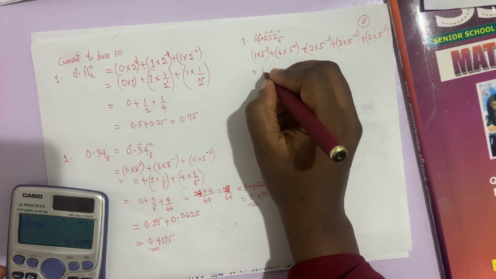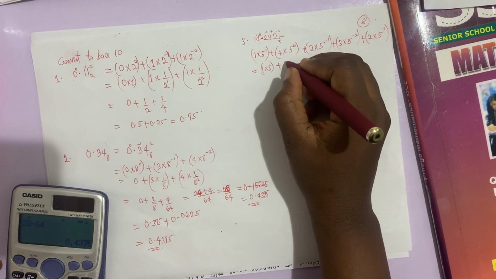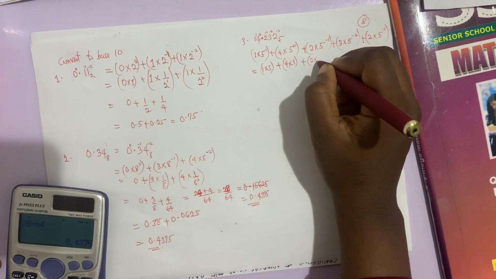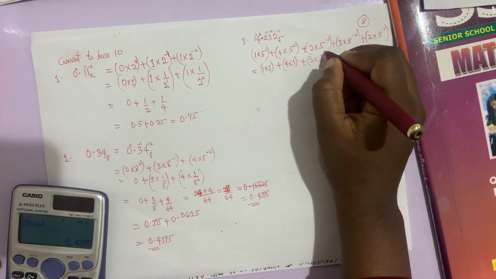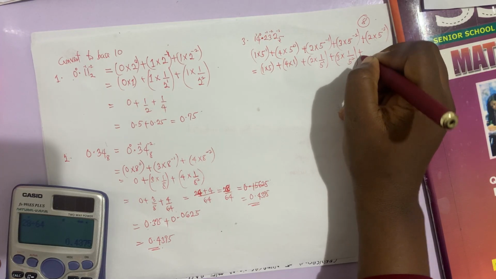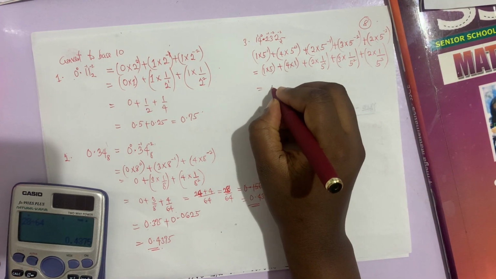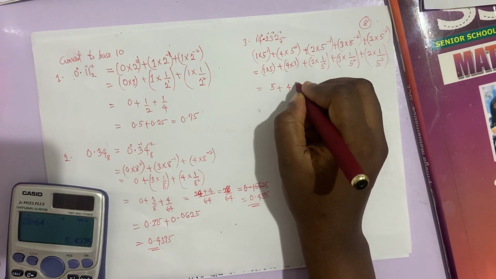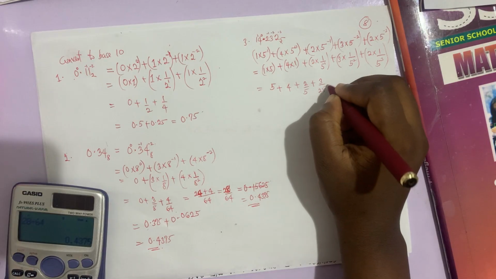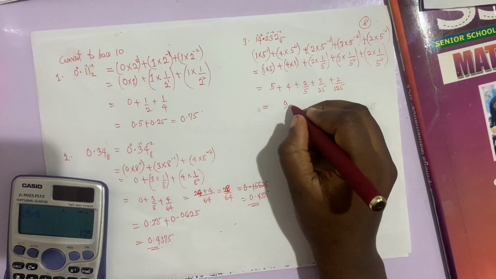So this becomes 1 times 5, because 5 raised to the power 1 is 5, plus 4 times 5 raised to the power 0, which is 1, plus 2 times 1 over 5 raised to the power 1, 3 times 1 over 5 raised to the power 2, 2 times 1 over 5 raised to the power 3. So this becomes 5 plus 4 plus 2 over 5 plus 3 over 25 plus 2 over 125. So overall this becomes 9 plus